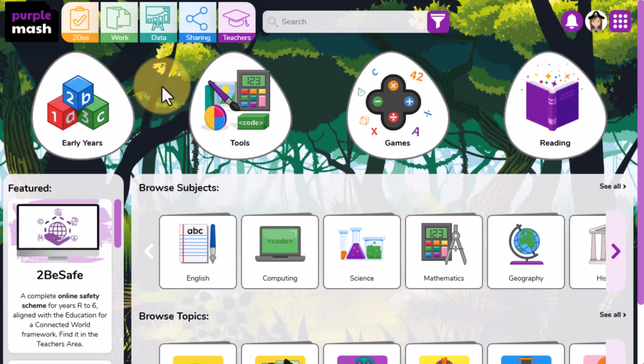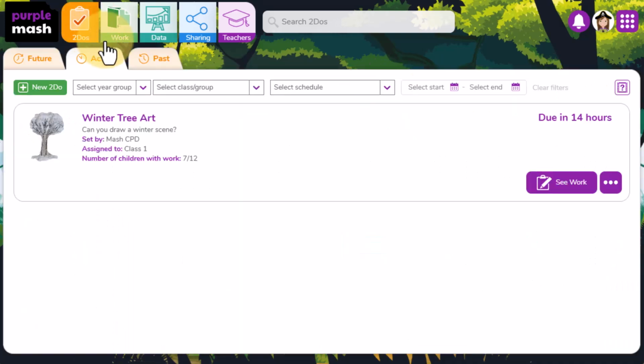Welcome to this Mash Bite, which will show you handy, time-saving tips to make use of multi-file actions within to-dos. The purpose of to-dos is to be able to set the same activity to a class or group you're assigned to. All of the work gets completed and saved into one easily accessible folder. What we'll look at today is how you can easily comment, assess, print, share and reward children's work all in